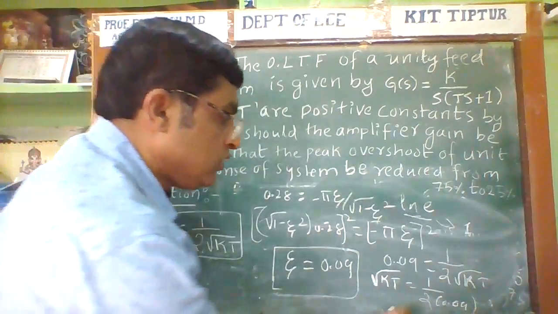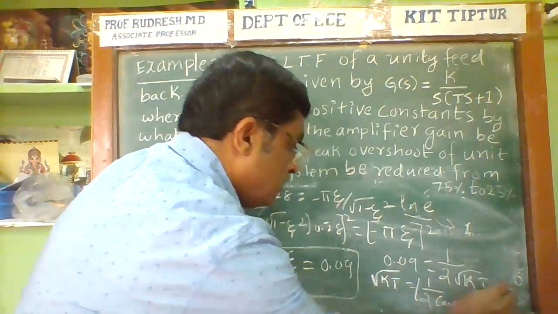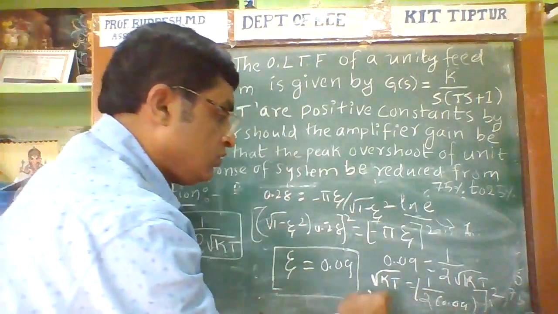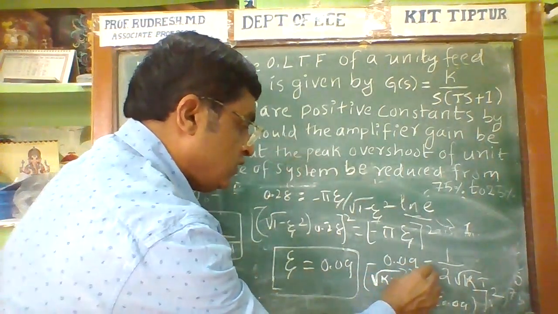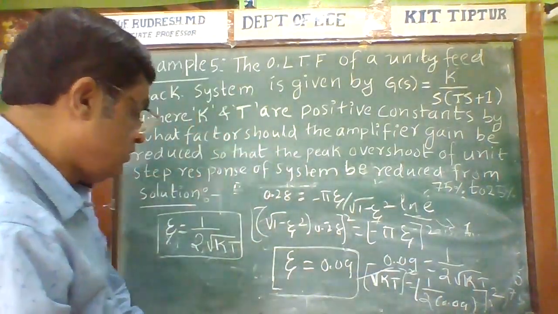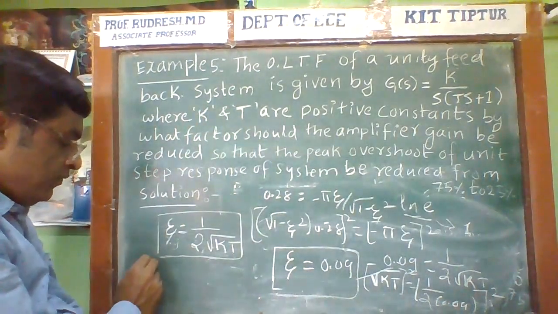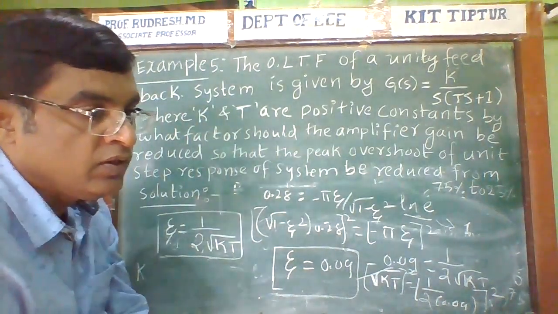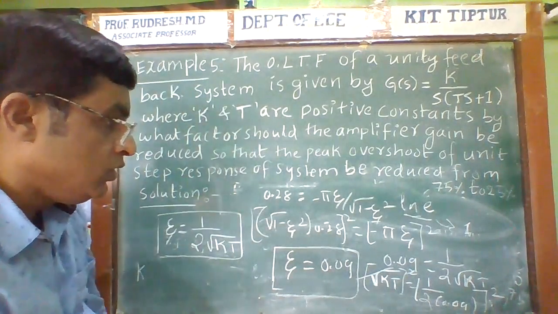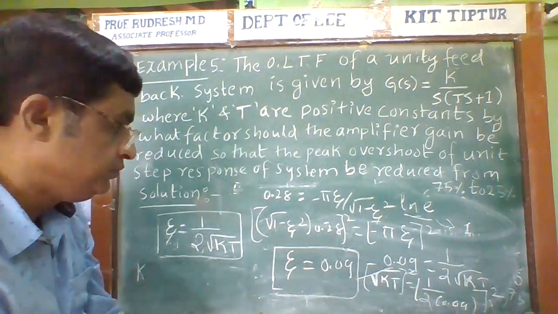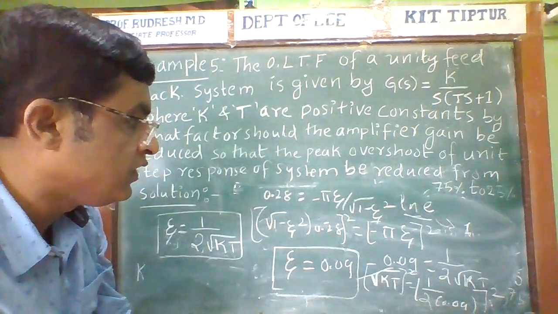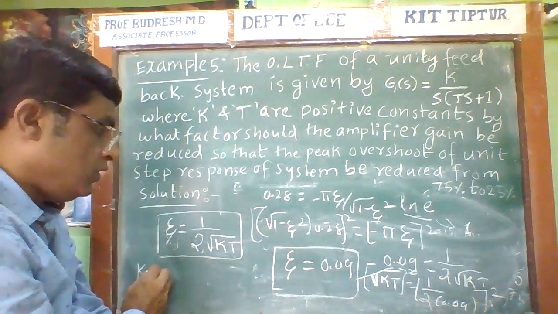Again the square on both the sides. Then this and this square get cancelled. Therefore k into t is equal to the square on both the sides. Then k is equal to